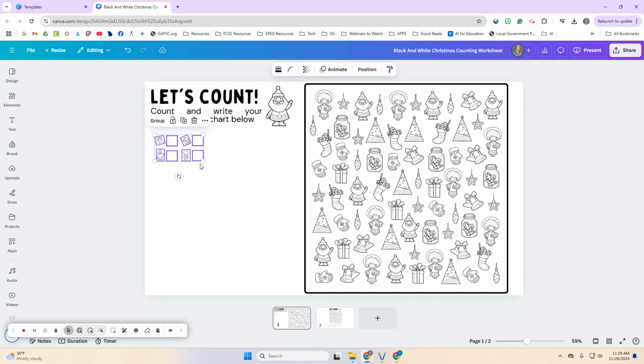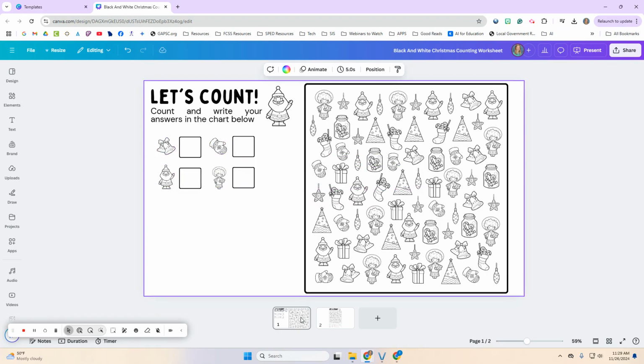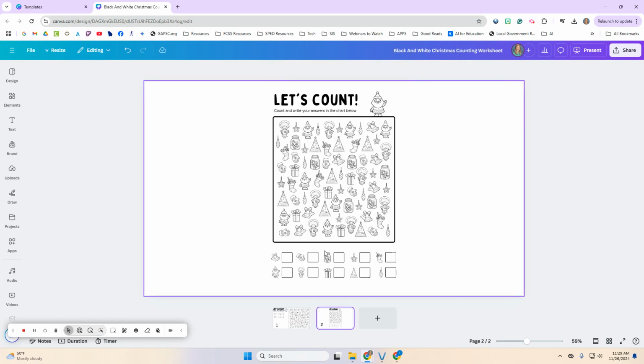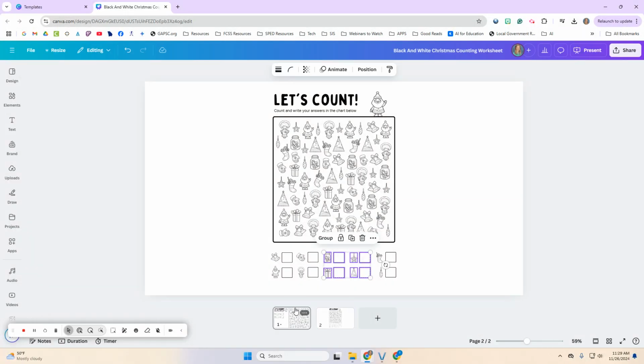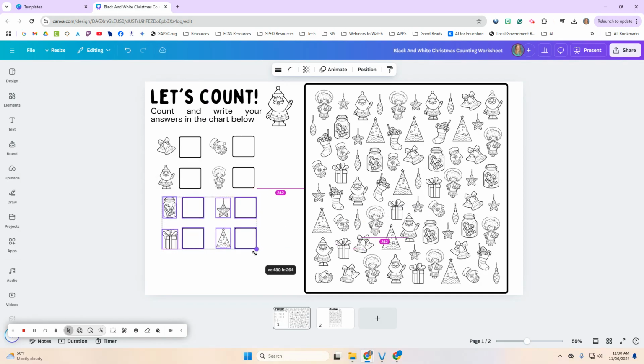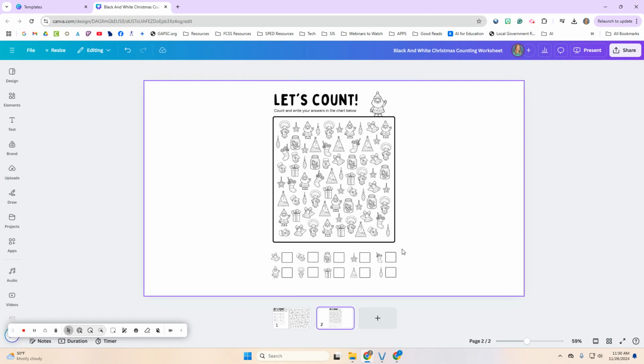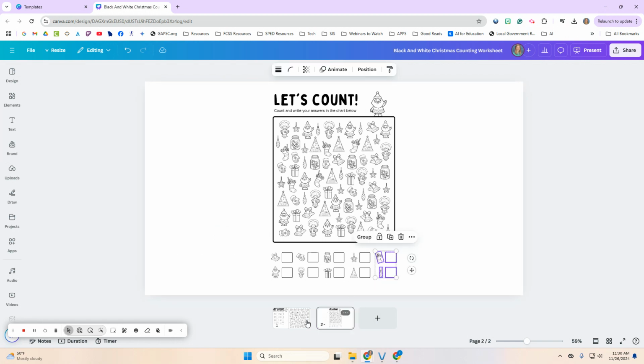So let's see, count and write your answers in the chart below. And so you may want to change the wording to say count and write them in your journal, your math journal, or on a piece of paper. Let's try to make them about the same size. Canva will help you with sizing with the little purple lines, and then these last two I'm going to copy and paste and put